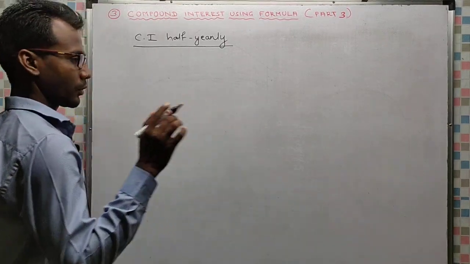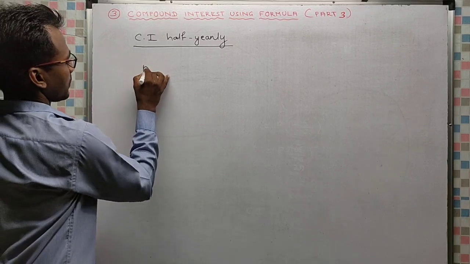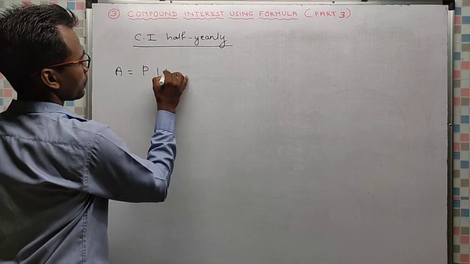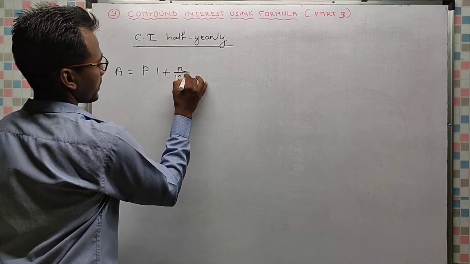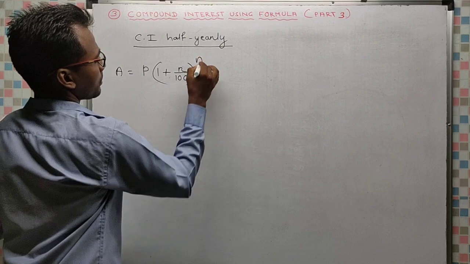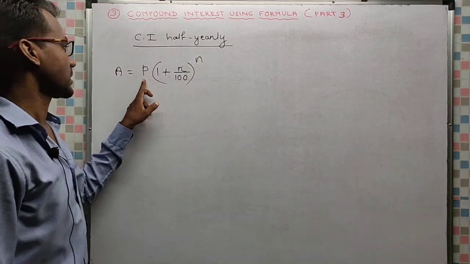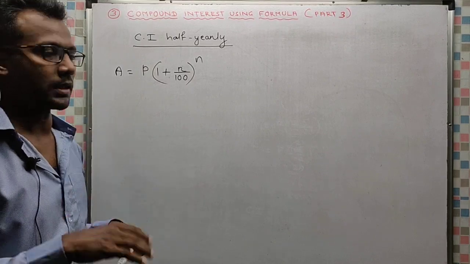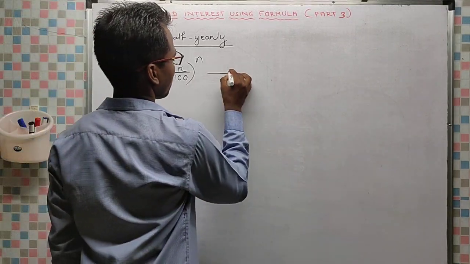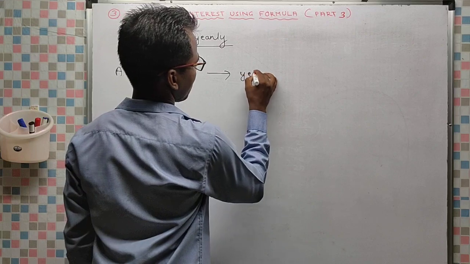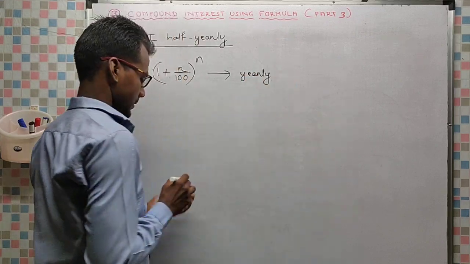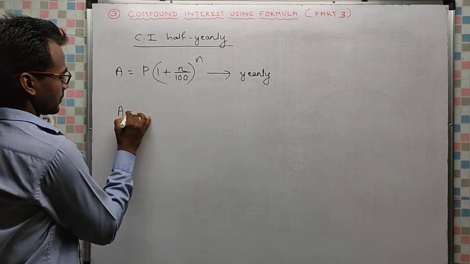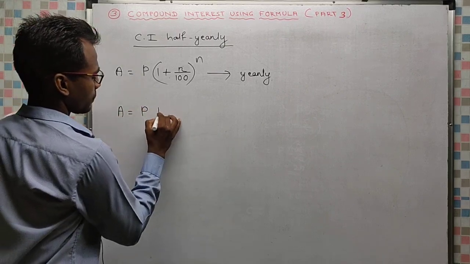You might remember the formula for yearly was A is equal to P into 1 plus R by 100 power n, where P is the principal, R is the rate of interest, and n is the number of years. This is for yearly. If it is half yearly, what will be the formula? Same principle, 1 plus